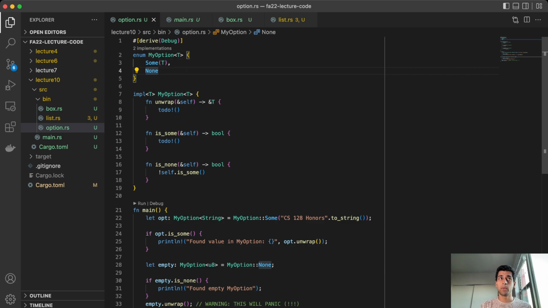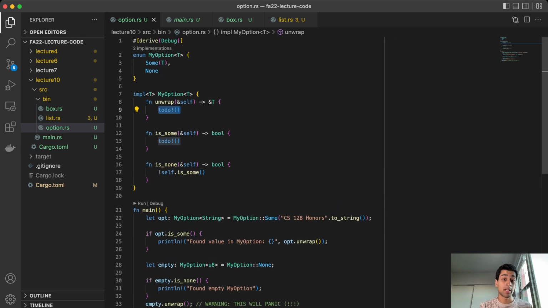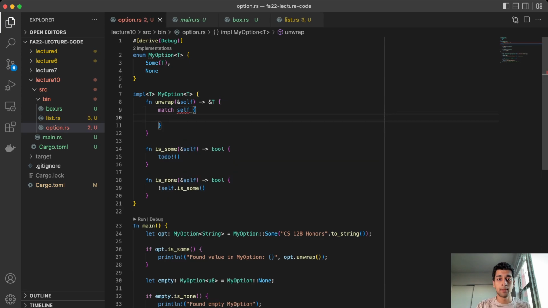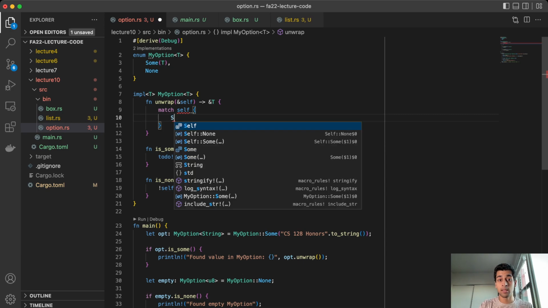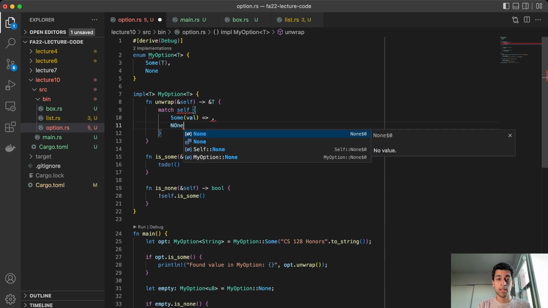Okay. And when we want to implement some methods on it, we have this impl bracket t on my option t. So you're probably familiar with the unwrap method. Strongly recommend against it, but we can go about implementing it. So if I have an enum, I can match self. So I'm going to match self and cover the two cases that it can be. Some and some value of type t. So my some, and then my none case